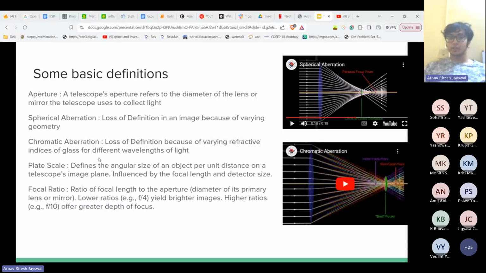And there's also the focal ratio. The focal ratio is the ratio of the focal length to the aperture of the primary lens or mirror. And after that, it's pretty intuitive to understand that lower ratios, like f/4, yield brighter images, and higher ratios probably don't yield images as bright, but they definitely offer a greater depth of focus. So this is about some basic definitions which we'll need